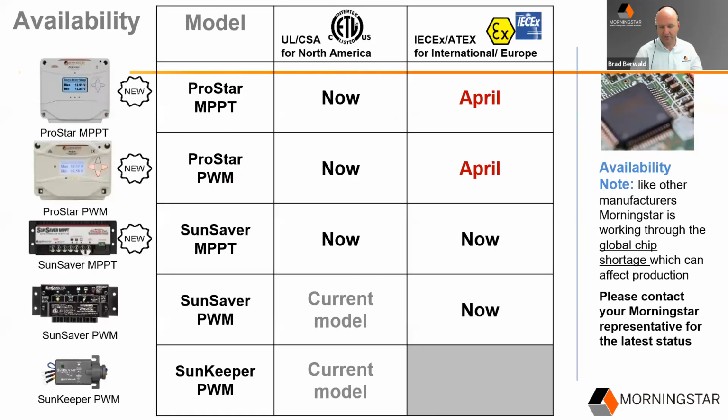And just there's a rough idea of upcoming availability. Just a comment on the side there, like all manufacturers right now, it's a very challenging time in supply chain management and part sourcing for manufacturing, especially for silicon MOSFETs and microchips. So we will continue to do the best we can, and we have a very sophisticated team that is working very hard every day to manage this.